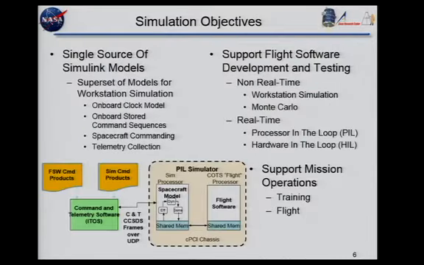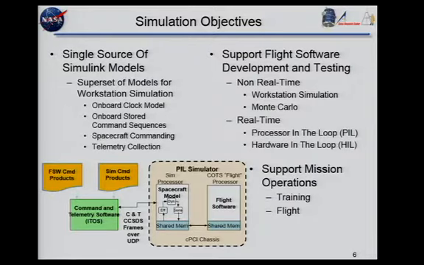So from the point of view of the simulation itself, really we're looking at two basic objectives, with a third one that kind of came along and became actually more important, and Nathan will touch upon in his presentation. But the primary objective was to maintain a single source of all the models. By itself, it doesn't seem to mean a whole lot, but the thought was we would have, as a second objective, to support multiple target environments.